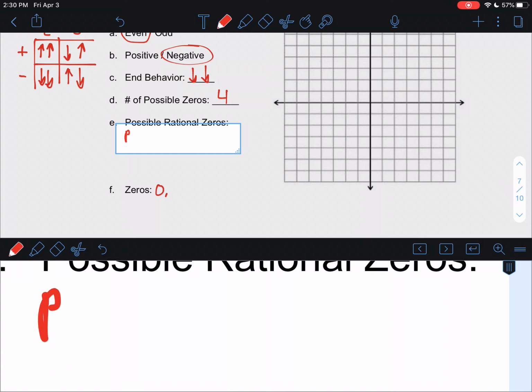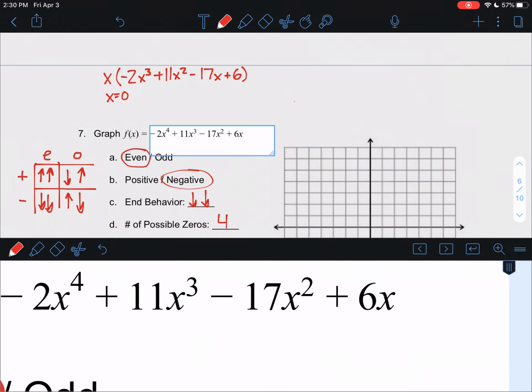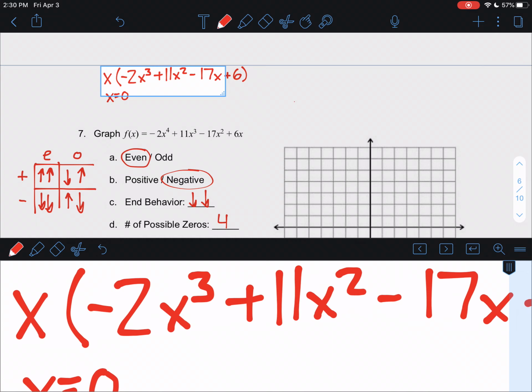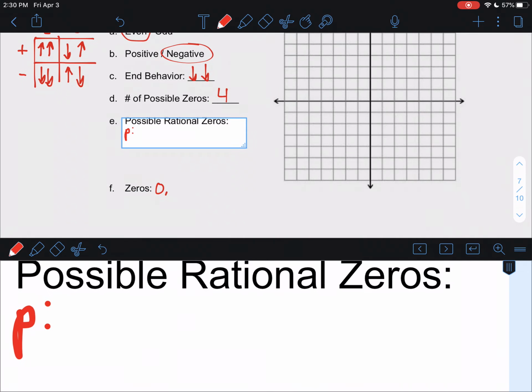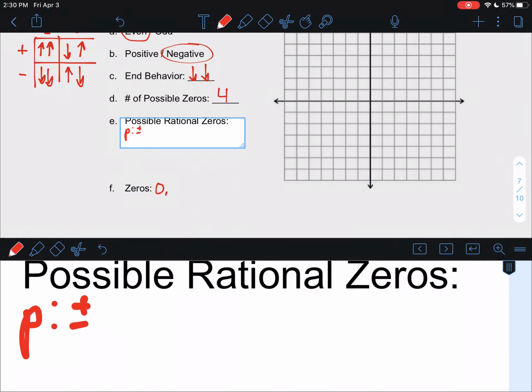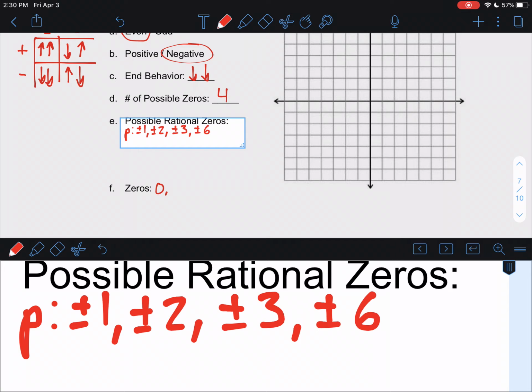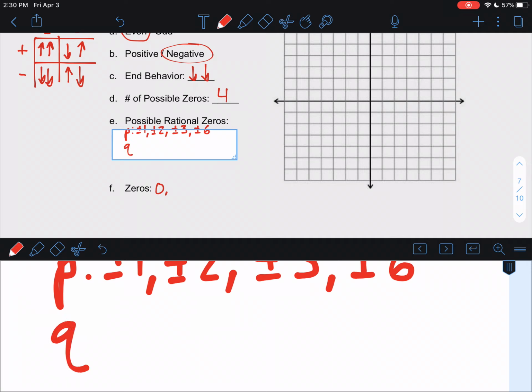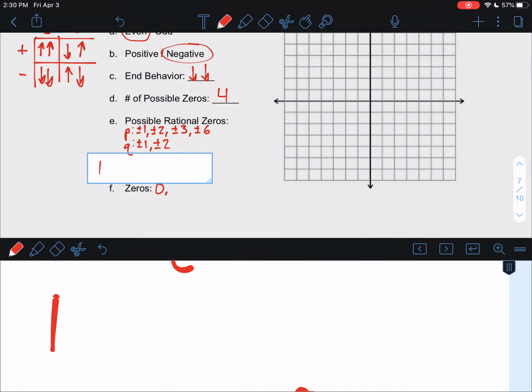So p, and I'm using a new polynomial to do this. So p is the factors of 6, q is going to be the factors of negative 2. So p is going to be positive or negative 1, positive or negative 2, positive or negative 3, and positive or negative 6, because those are the factors of 6. Then I have q, which is the factors of negative 2. So I got positive or negative 1 and positive or negative 2, which means my possible rational zeros